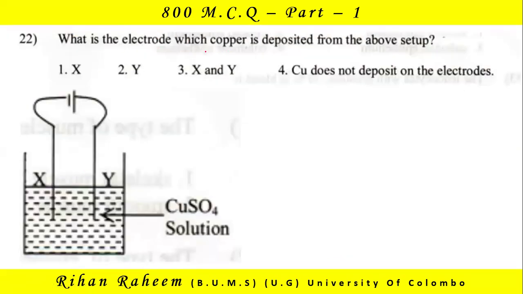What is the electrode in which copper is deposited from the above setup? I told you, towards the negative terminal Cu2+ will go, and when it goes there, what will happen? There is a reaction. This is the cathode, right? Cathode will undergo a reaction called reduction. Anode will undergo oxidation. There is a short form to remember that. At that time, I will tell you. Don't worry. Now you all might not know about that. Okay. Red cat,